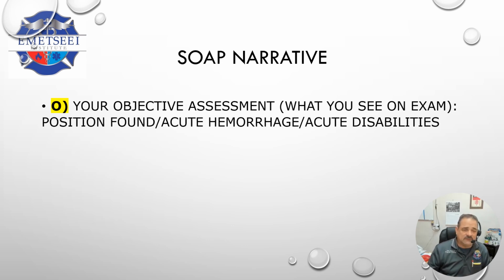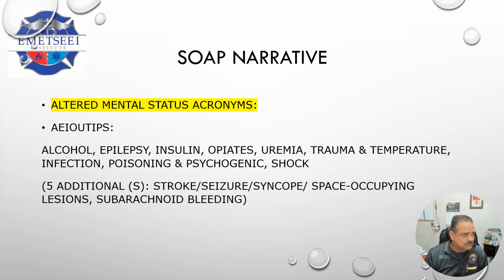This is what you see on exam. This is your physical exam. What was their position when you found them? Was there any acute hemorrhage? Were there any acute disabilities that you found? Those kinds of things. In this, the acronyms that we use come out of your book,